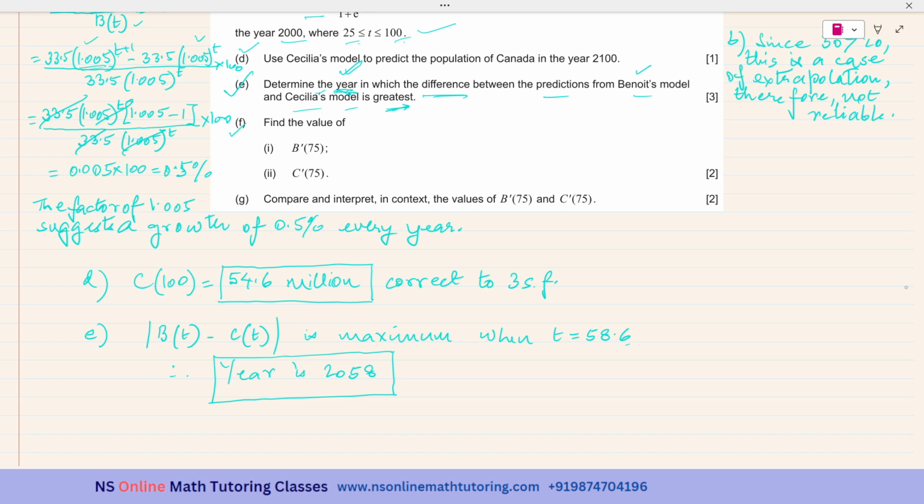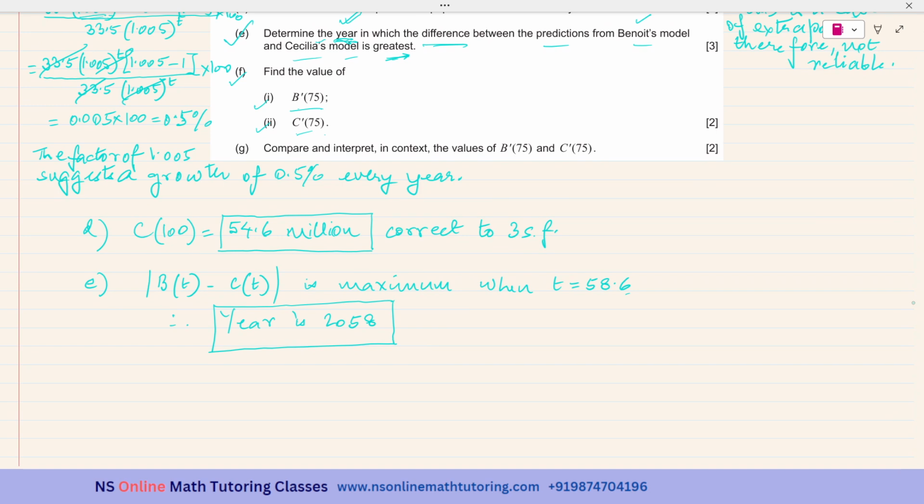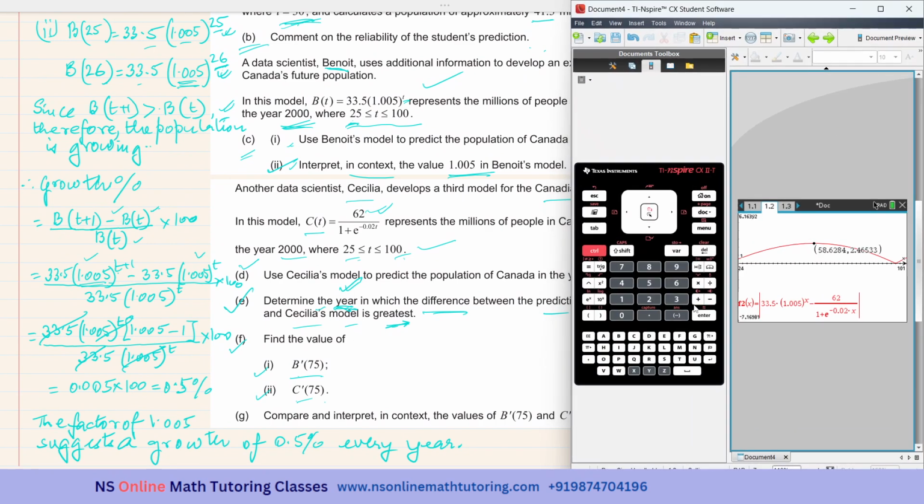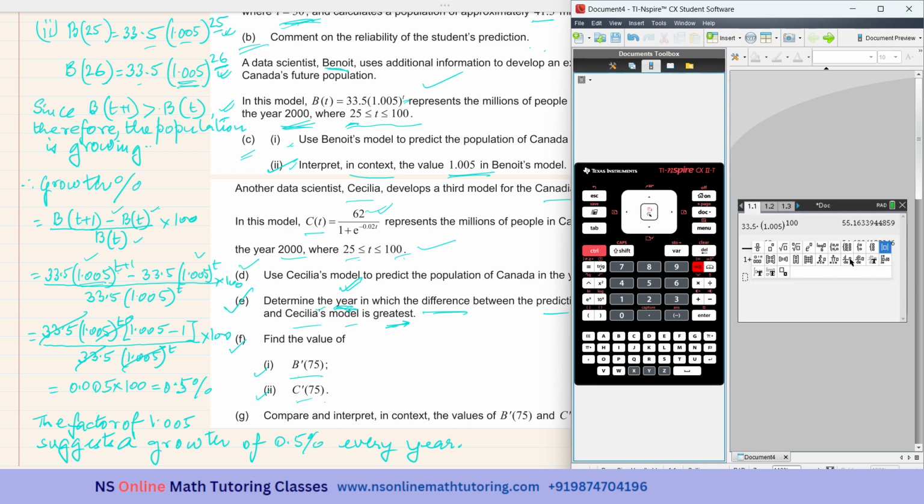Subpart F. Find the value of, it is also containing two further subparts. So B dash 75 and C dash 75, meaning the first derivative of B and C where t's value is 75. So it is F. And again, I have to go back to see the expressions. Okay. So I come over here and I need the derivative with respect to t, and it is 33.5